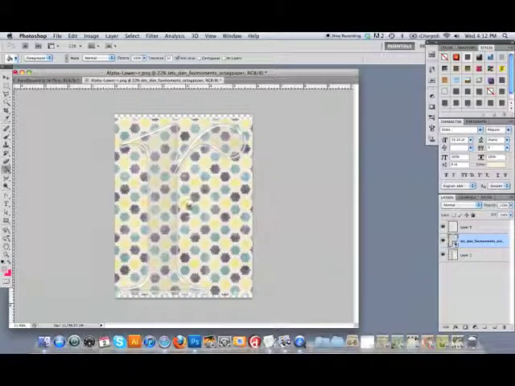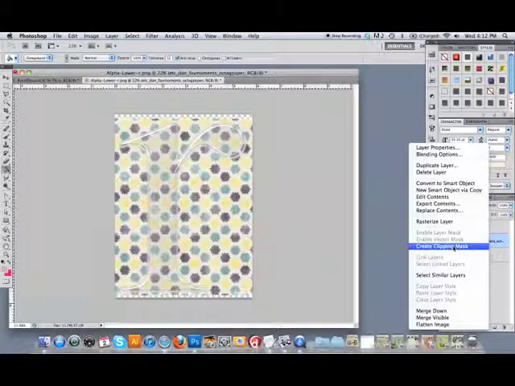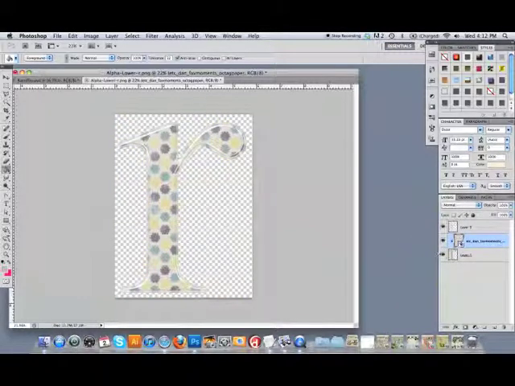And now comes the magic, I guess. This is what saves you from having to erase. I don't like to erase if at all possible, like on a paper, because if I change my mind, want to try out a different paper, if all I've done is erase, then I have to do that step every time I change my mind. And I like to change my mind a lot. So I'm going to create a clipping mask, and you do that by right-clicking on the paper in the Layers palette and choosing Create Clipping Mask. And that just essentially masks that paper to the layer below it. So all you see is that R that we